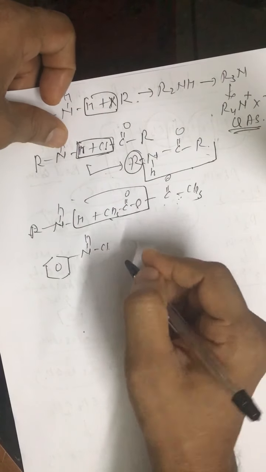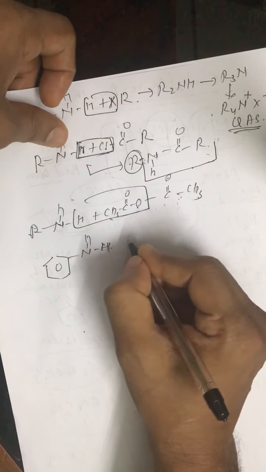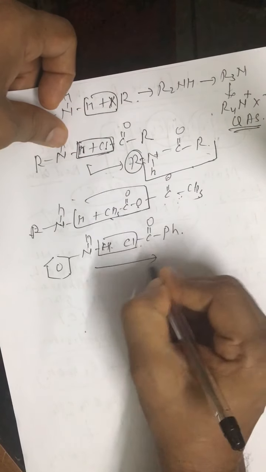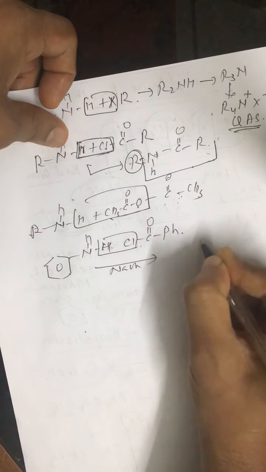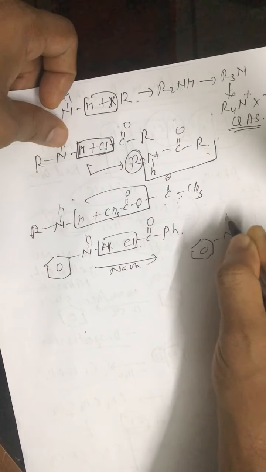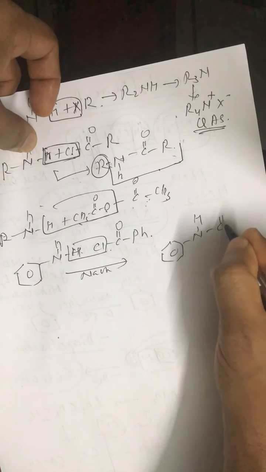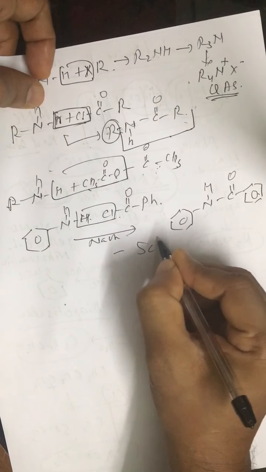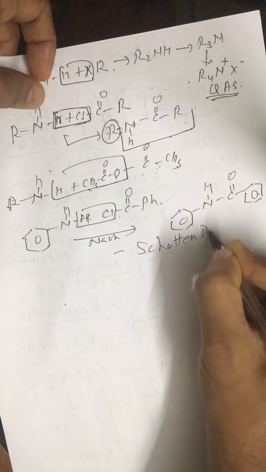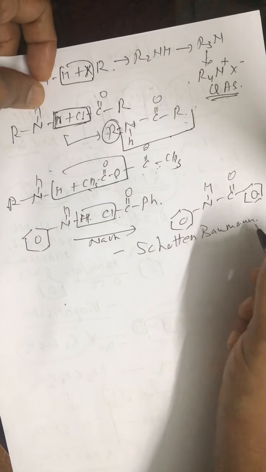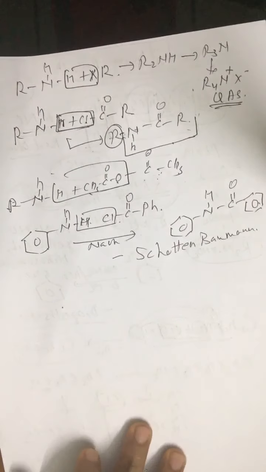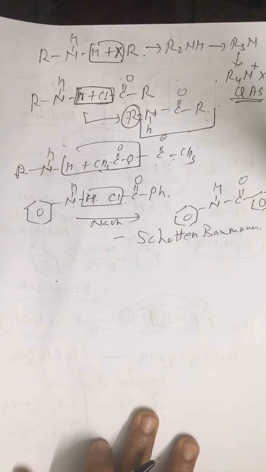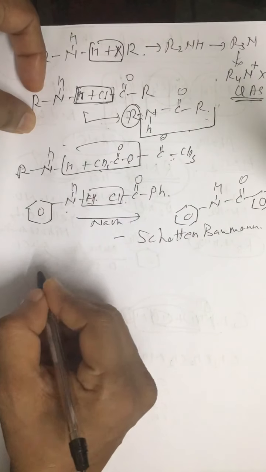In aniline, there is one more important reaction, that is benzoylation. That is, if it is treated with benzoyl chloride in the presence of alkali, we get this product, N-phenyl benzamide. Alright, this is called the Schotten-Baumann reaction. Nowadays, name reactions are not important in chemistry. Alright, Schotten-Baumann reaction. This reaction is also exhibited by phenol.